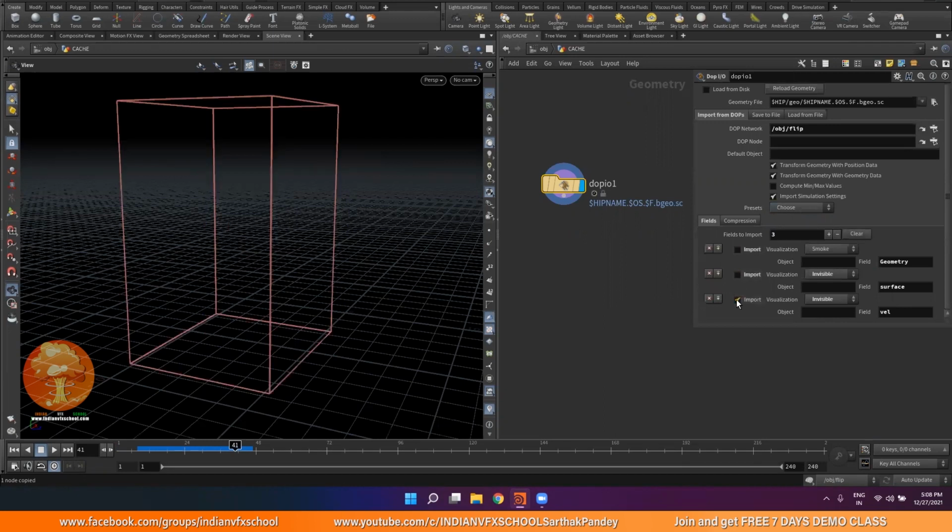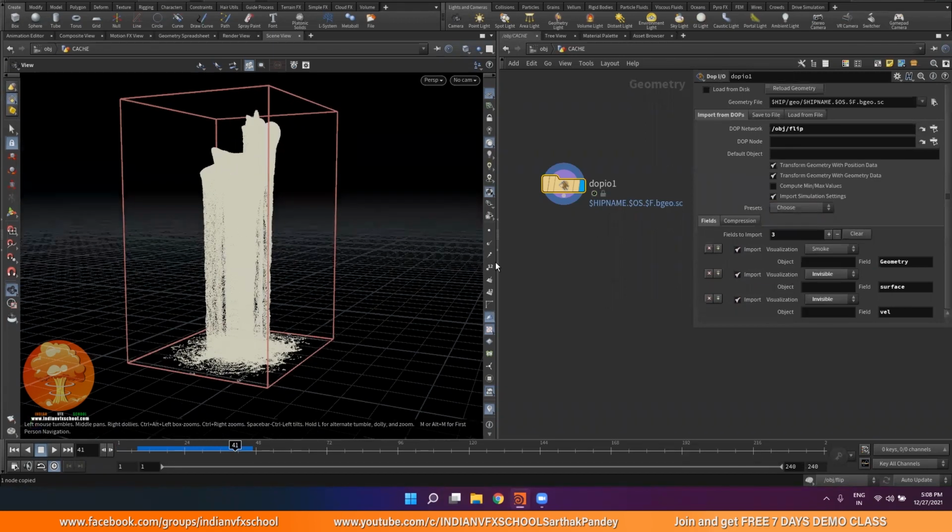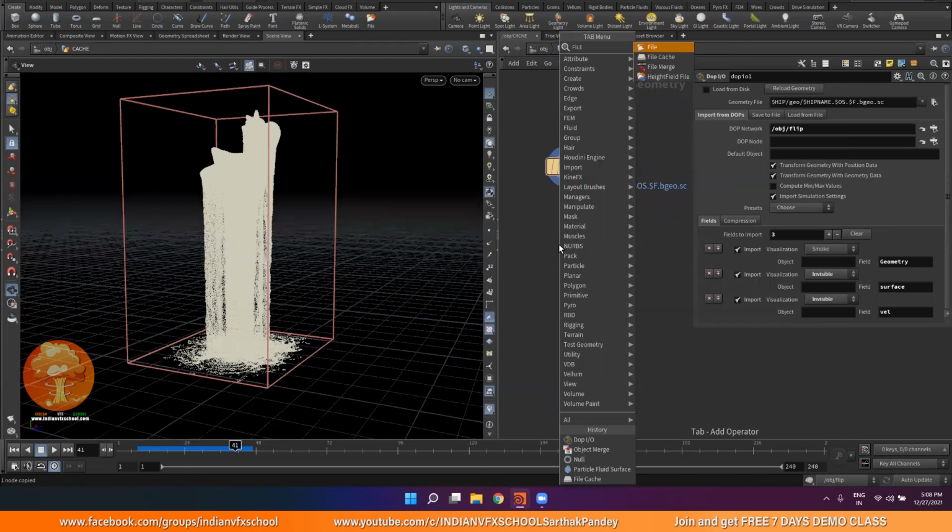The first thing is velocity, which will be used in motion blur or simulation. Then we have this surface field. Surface field is sometimes useful when we are doing meshing, when we don't really have the particles in depth, and we will go on to that part later in the chapters. And we have this main geometry, which is our points, and which we are going to use for the meshing itself. So the first thing is using a file cache node.